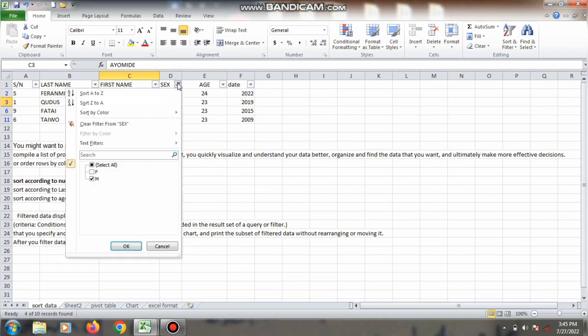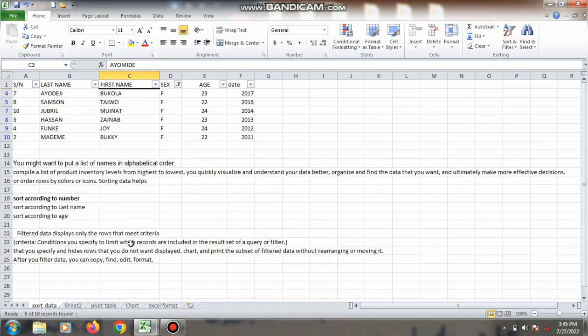You can also filter for your females if you don't want the males. That means to show only the criteria you need. You don't need to delete any data. If you don't want to use all the information, you can hide them by doing your filter. And that is what we do with our sorting and our filter of data. I believe with this you should be able to do one or two things. Try to lay your hands on it and get